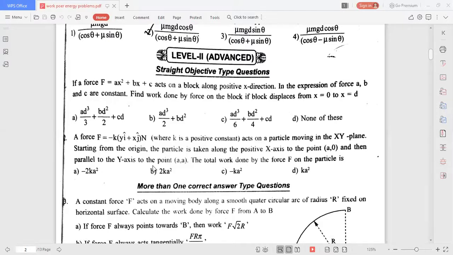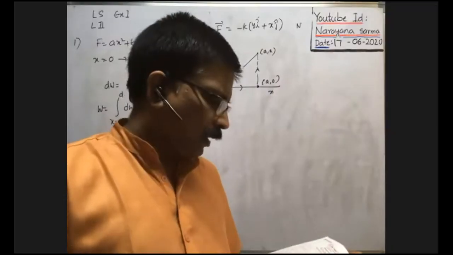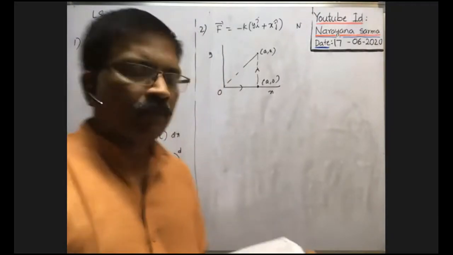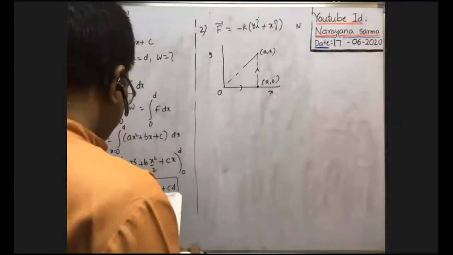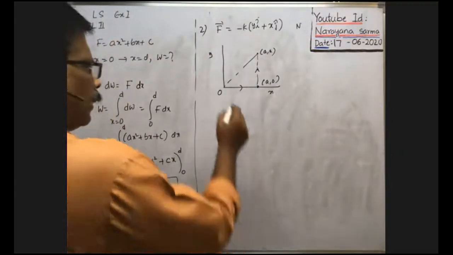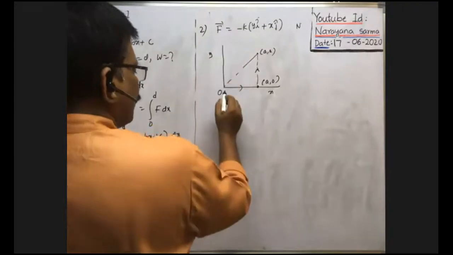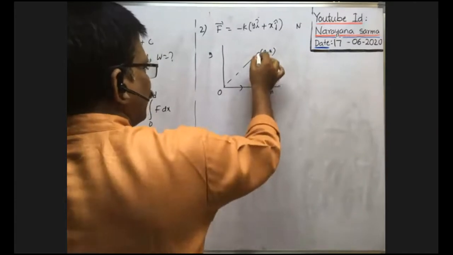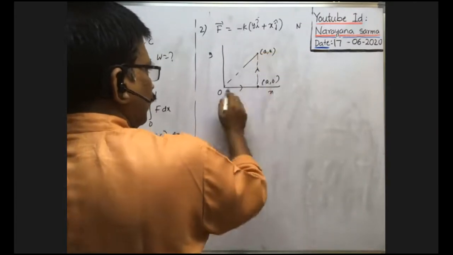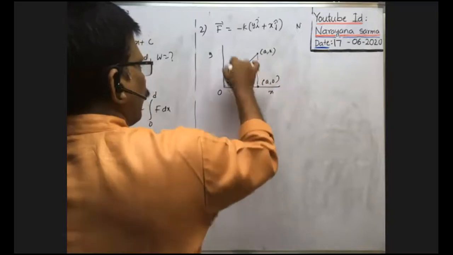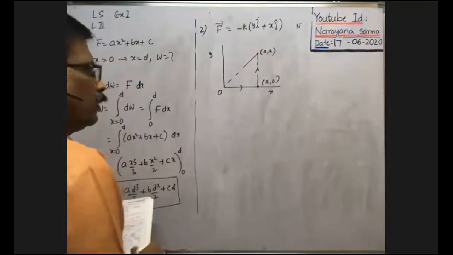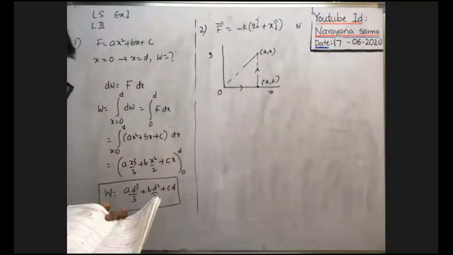Now all of you look at the board. Option C is correct. Very good, Siddharth. You see, here the particle, by applying this force, is displaced through a point (a, 0) from the origin, then to the point (a, a). That means along the x-axis it travels a distance a, and along the y-axis also it travels a distance a. That's why the coordinates of this point are (a, a). Okay, then what is the amount of work done in this case?